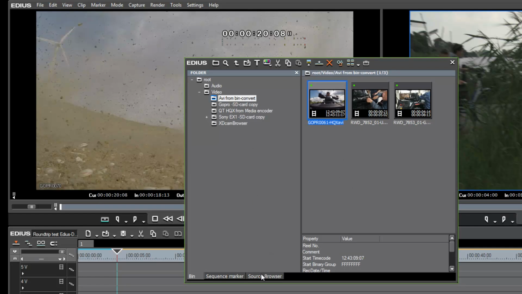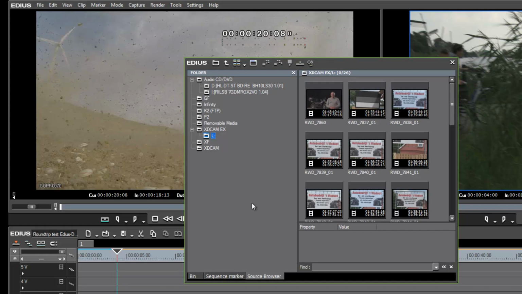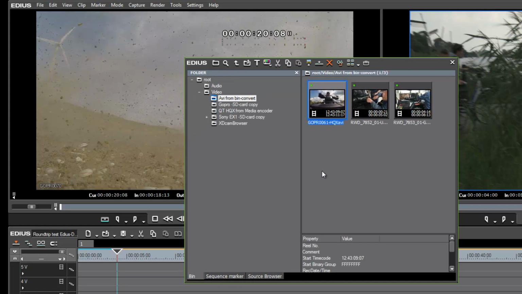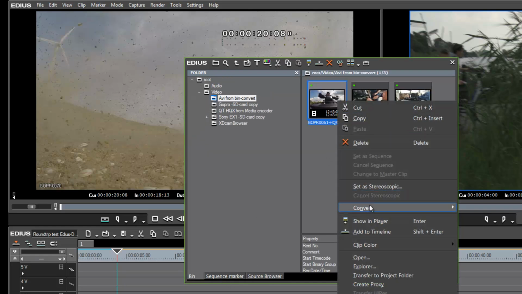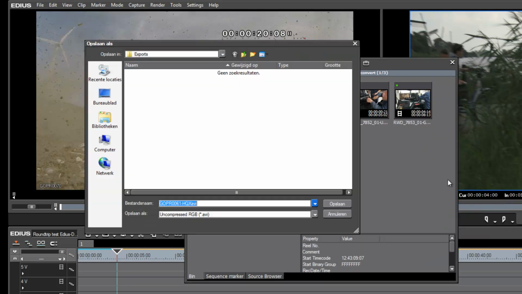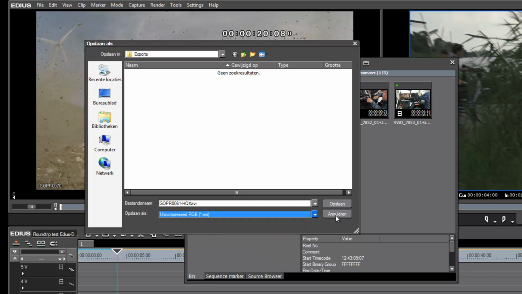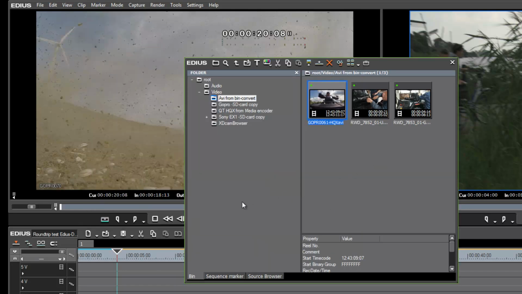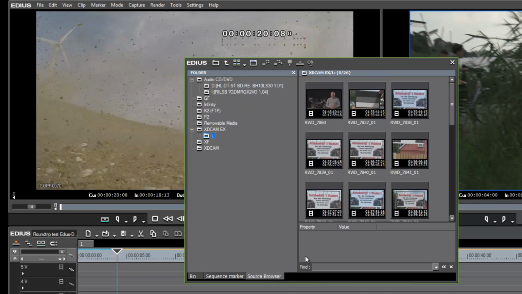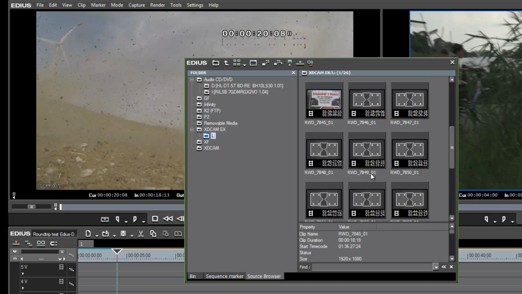It could have been very nice when that was working, and it would be really nicer if you can convert from the bin and export to Grass Valley QuickTime. But okay, that's not possible, because when that would be possible, you can use your source browser, go to your SD card, make some